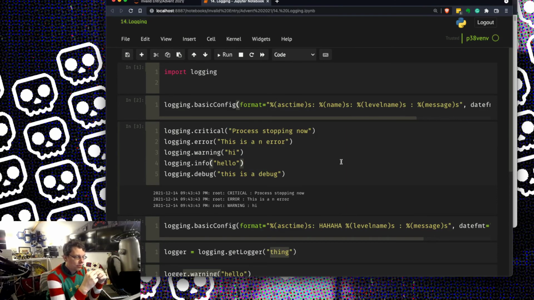Because fundamentally, print will always print to standard out. In some integrations, that's bad. Whereas logging can be sent to different places. You can send logging to a file. You can append to a file. You can have those files rotate. You can send it over TCP or UDP to something like Filebeat.